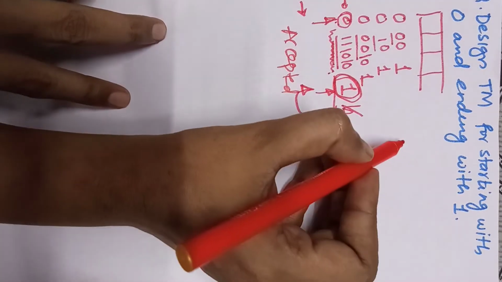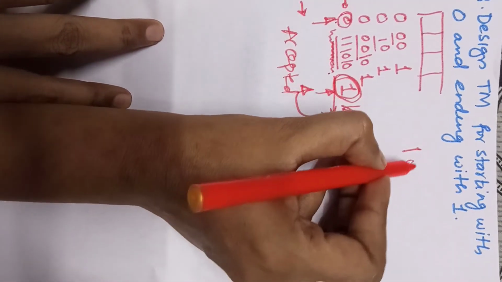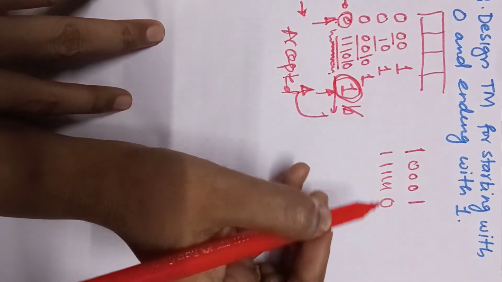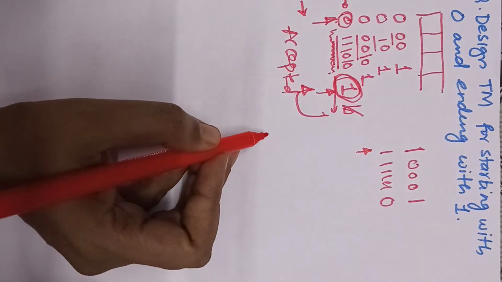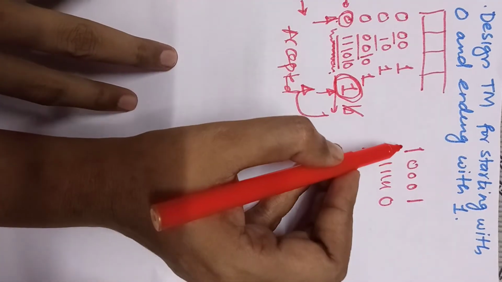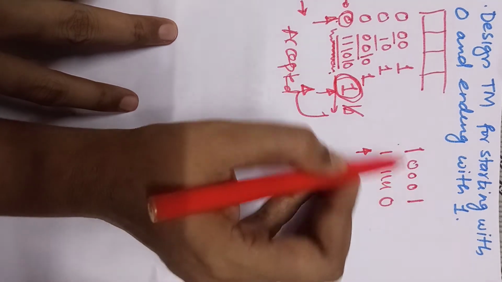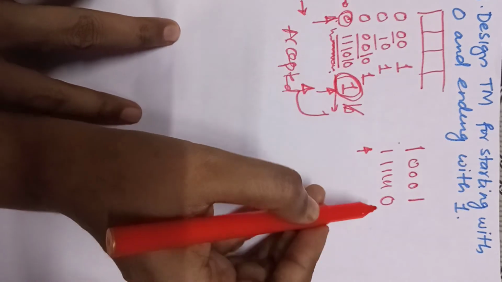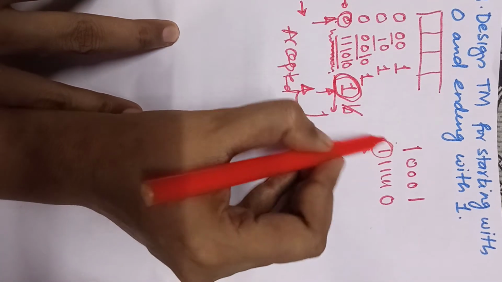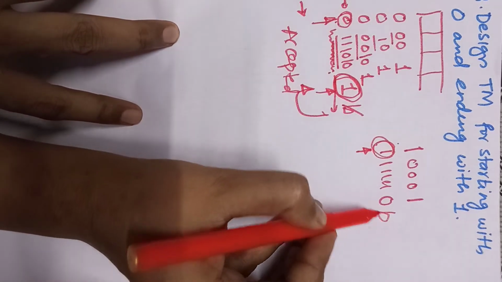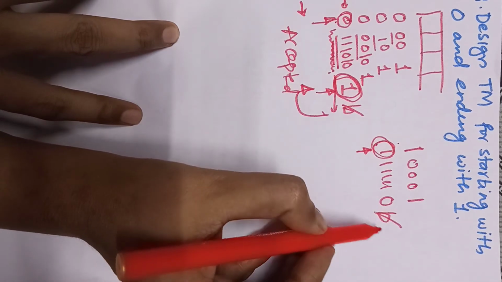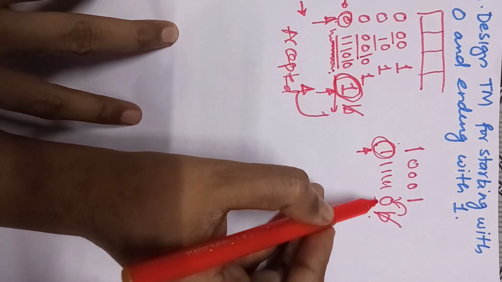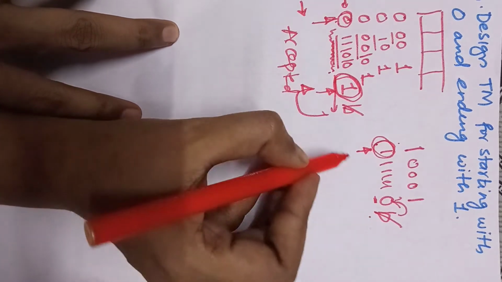Now we are going to consider the rejected strings. First of all 1, 0, 0, 0, then 1, 1, whatever is the string, for example 0 also. We have the case which started with 1 and ended with 1, that is partially correct. Fully rejected is the string which started with 1 and ended with 0. So again I am going to check the first position, and the last position by reading blank. After reading the blank, jump towards the right hand side and check the last bit. If the last bit is 0, that means it is rejected.